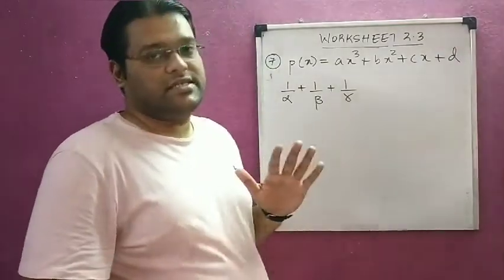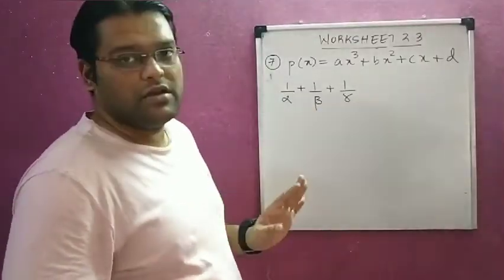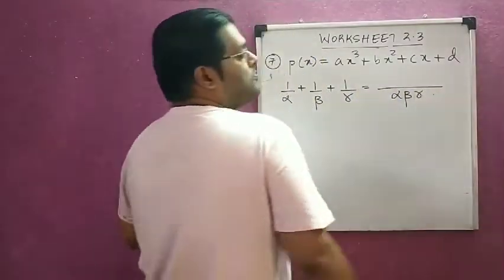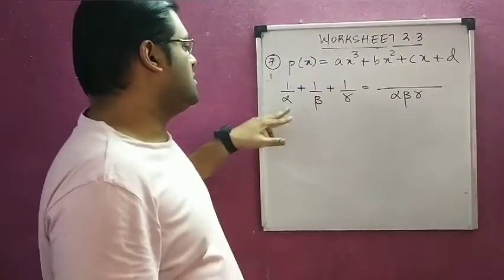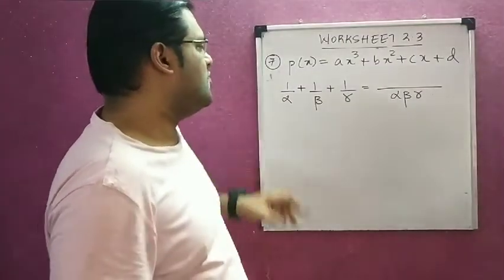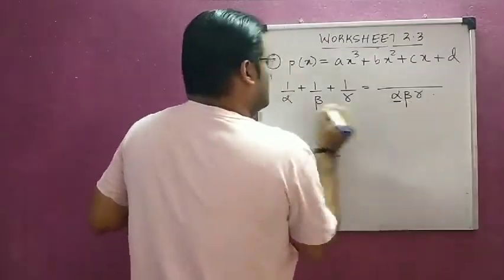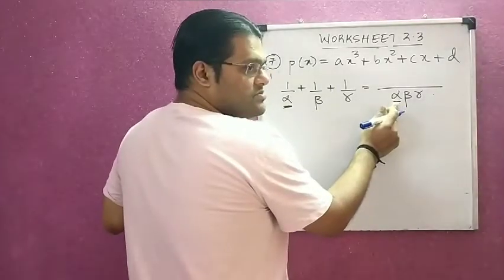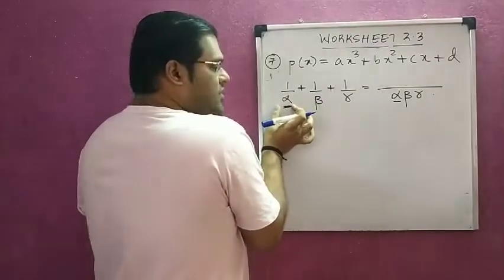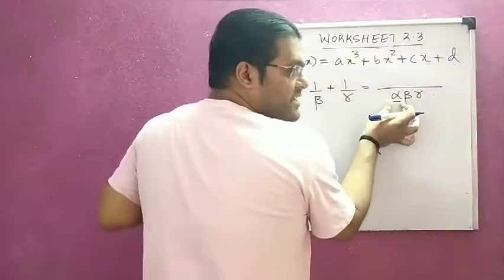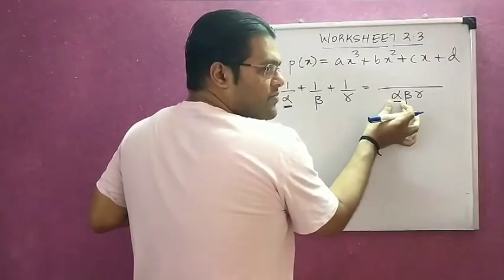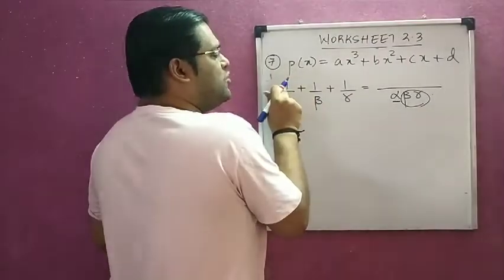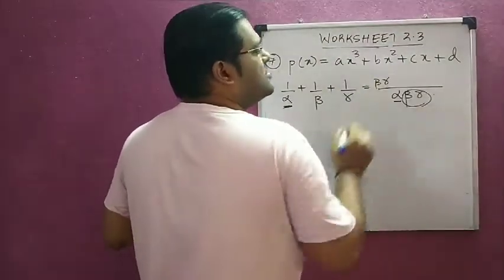Now, what we can do is take an LCM. Alpha, beta, gamma, the product of all three of them is the LCM, right? Now, in the first denominator, we find alpha is present in the LCM also. So what is left? These two terms, that is beta gamma, that will be multiplied to 1 in the numerator, so that is beta gamma.